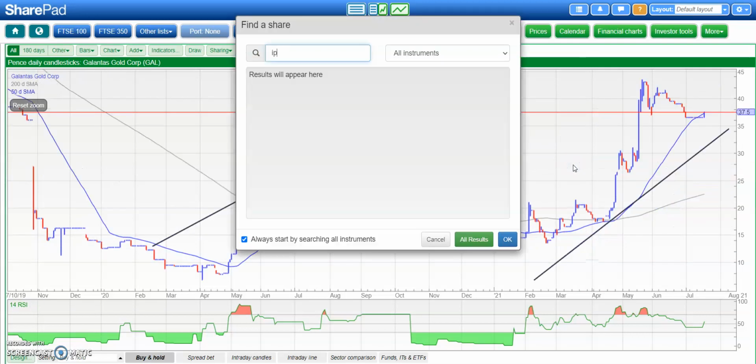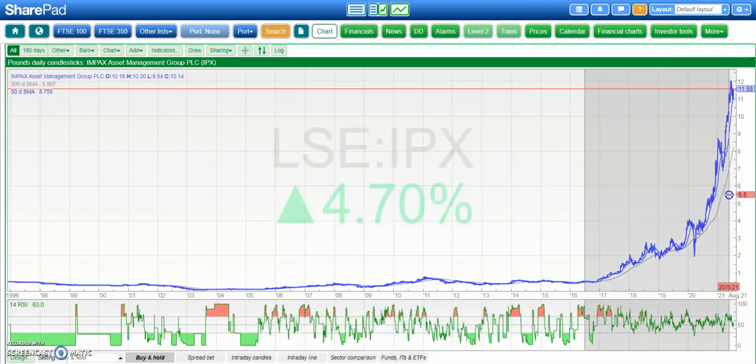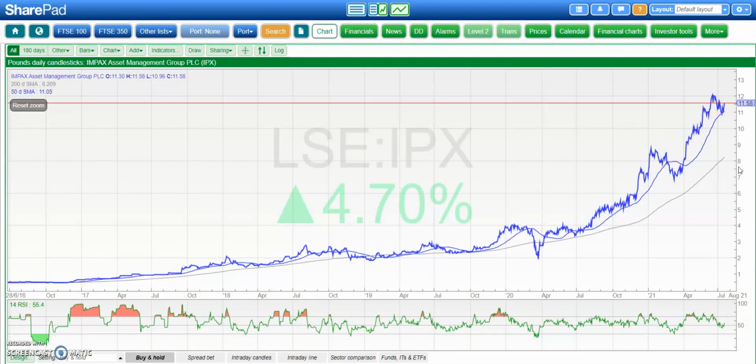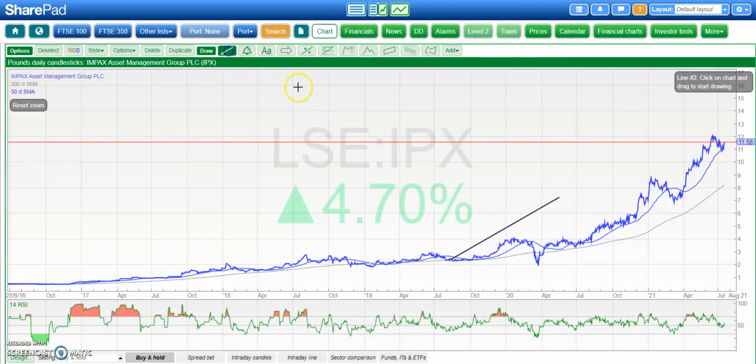Another stock which doesn't normally get airtime here on the Bulletin Board Heroes, but as we are digging deep, we've got Ipax Asset Management here for a different kind of stock. Here we've got the shares in an extended breakout since the beginning of last year. I suppose we're in a rising trend channel, if I can draw it correctly,